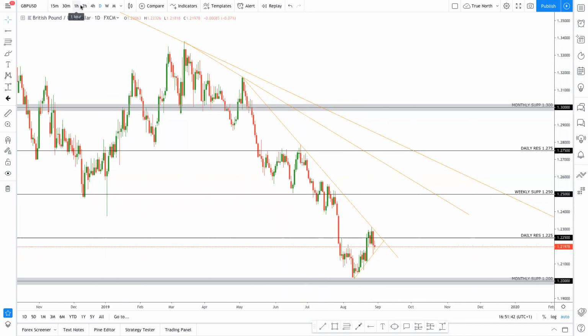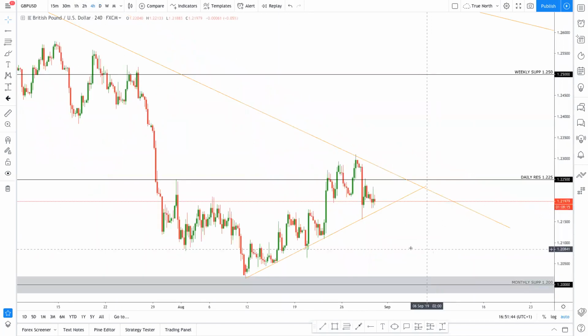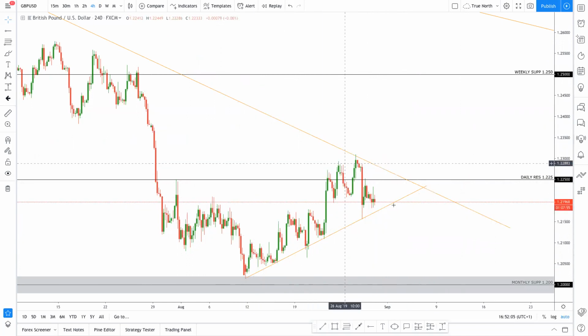But if I go down to the 4 hour first, you can see that since mid-August we have been in a little bit of an uptrend, which is actually quite surprising, seeing as Brexit is looming. But this is the reason that my directional bias is in line with the way the market's going. I do think that in the next 2 weeks, the pound is going to tank and break this 1.20